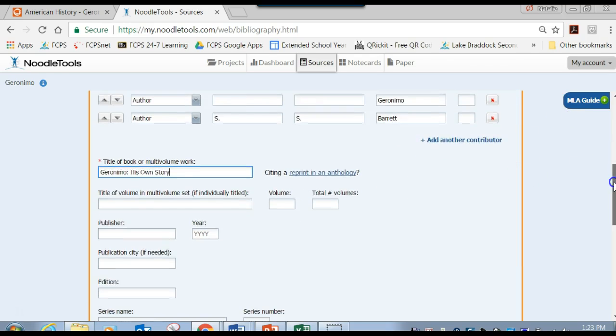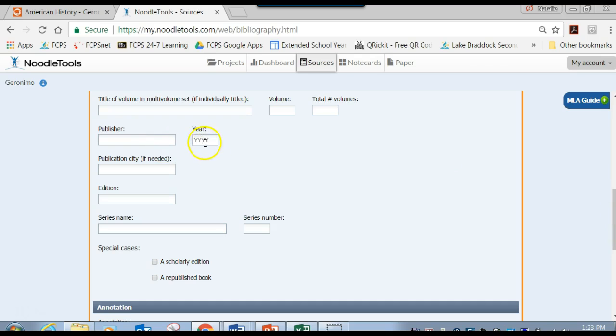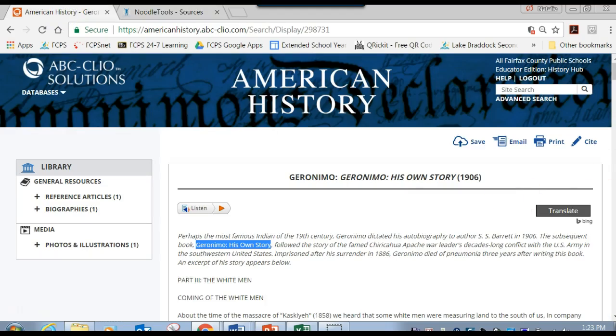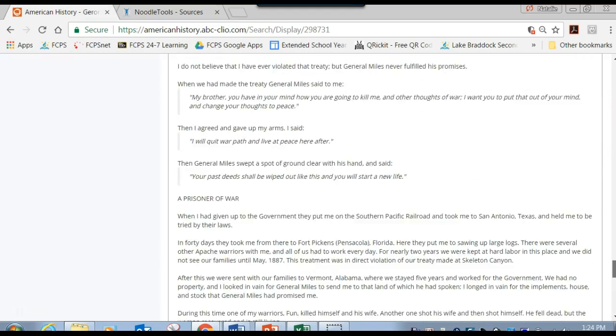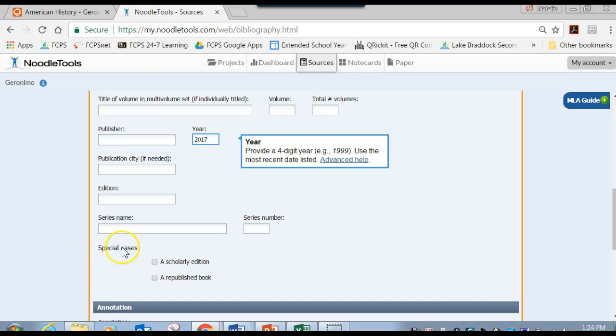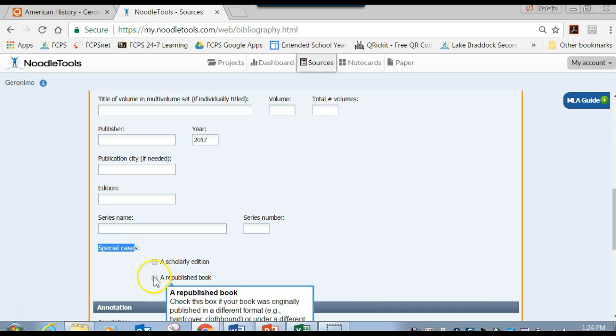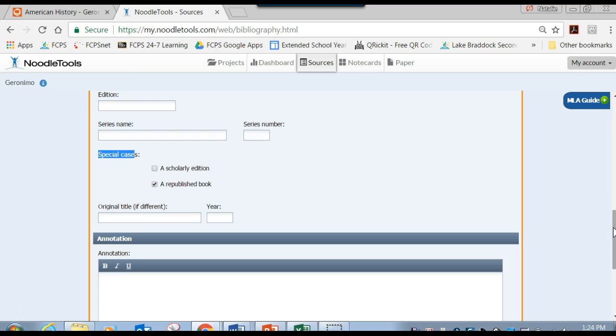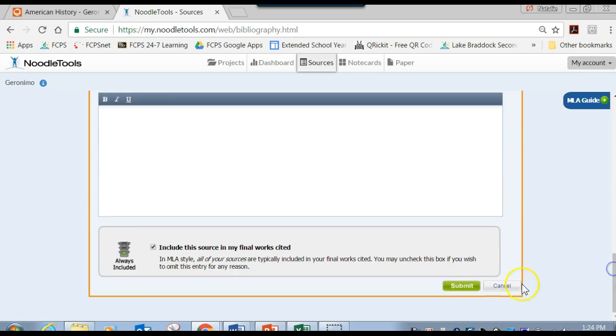Now, the year that it was published on the database is 2017. This can get confusing. When you go down to their citation here, it tells you that this excerpt was put up online here in 2017. That's why that goes there. But we also need to put that it was published, the actual original book, in 1906. So what you do is you go down to special cases and you hit republished book. Okay? ABC Clio is not necessarily using the original book from 1906. So here we're going to put 1906 down here. Okay, and the original title is the same, and then you're going to hit submit,